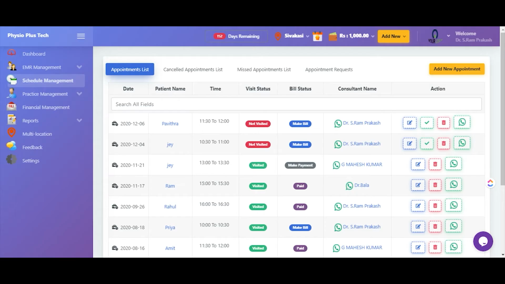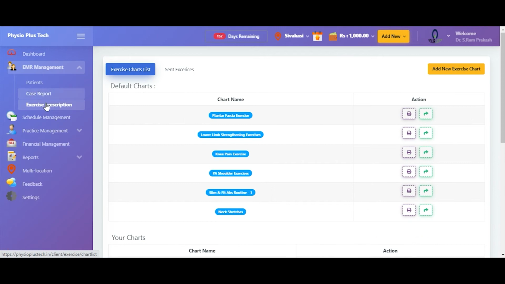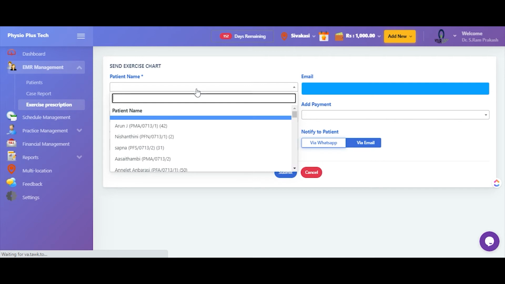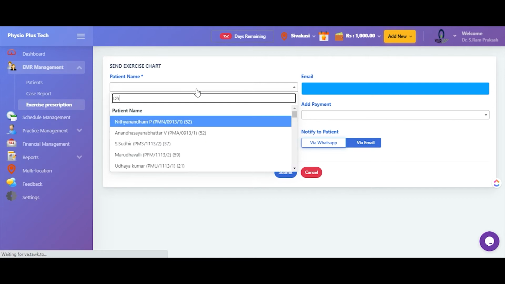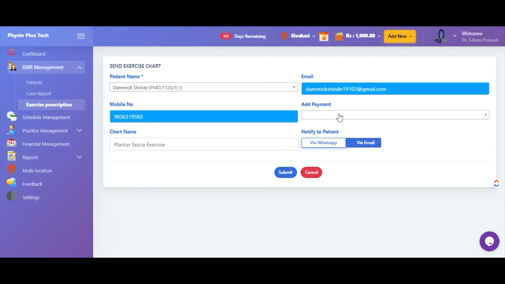And likewise, going back, you can send an exercise prescription. Click EMR management, go to exercise prescription and click any chart, like say for example plantar fascia exercise. I'm clicking share, and here I'm choosing a patient name, say for example Damik, and I am choosing it is a free prescription, not a paid prescription, and notify to patient via WhatsApp. I'm clicking submit, and again WhatsApp is opening, and